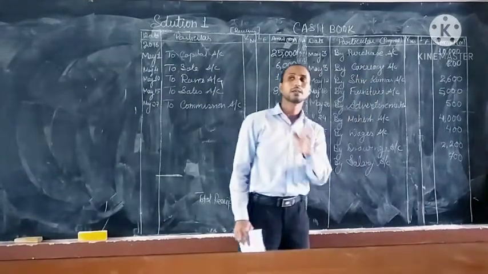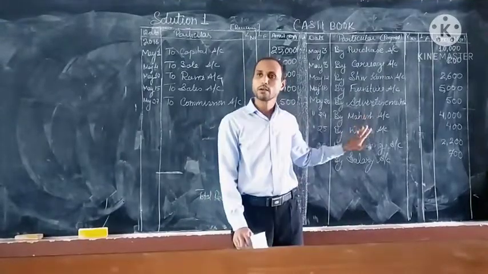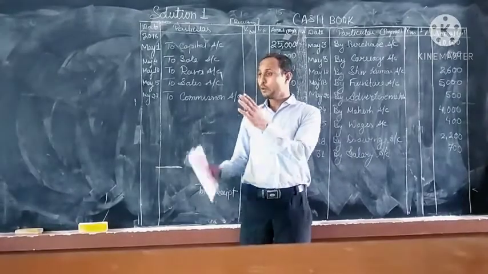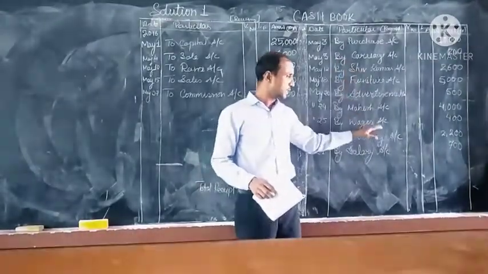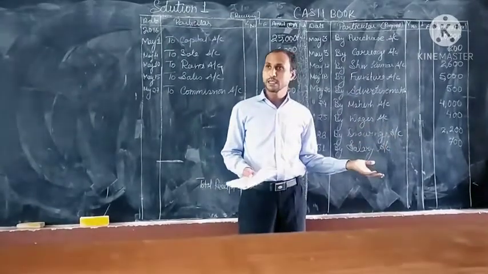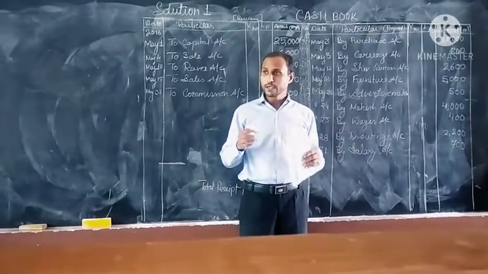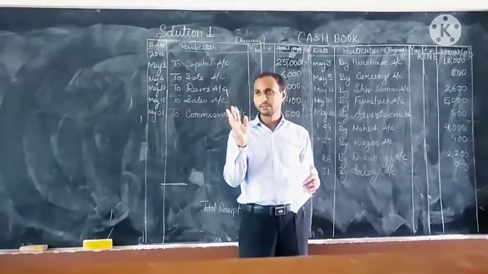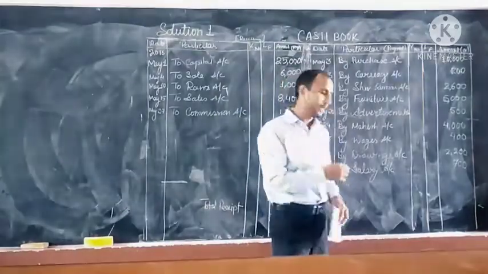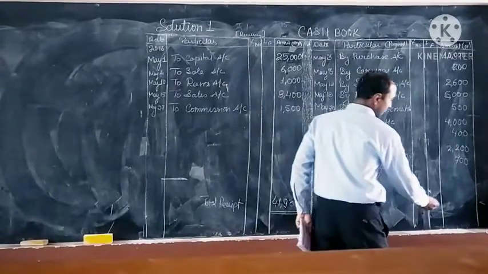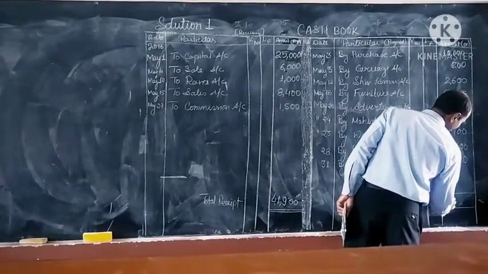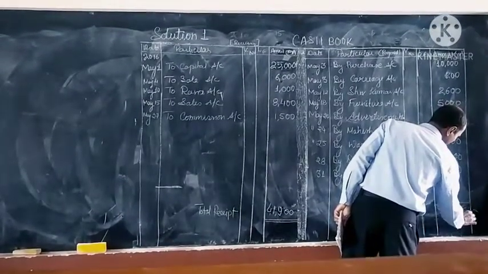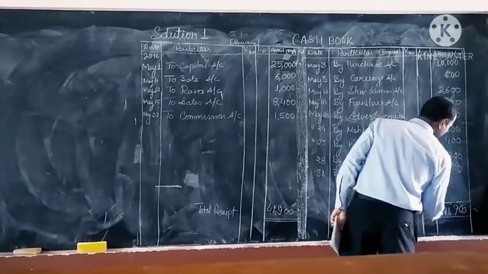Why is it so? Because I told you that receiving is always greater than expenditure. Payment will always be less, receiving will always be more. Only after subtracting how much money has been spent will we know how much is left. Whatever we have already paid, we will add and write in the rough area, and we will keep this total on that side. So this total, 41,900, we will write here first. It is clear?